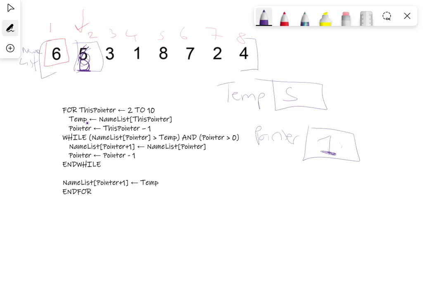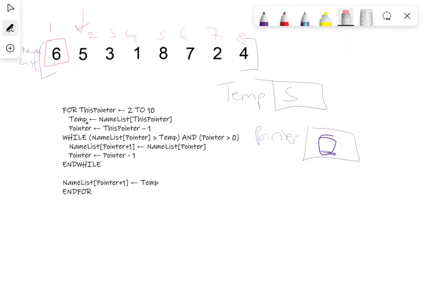Okay, so that's 6. We're then going to decrement pointer by 1. So pointer is now going to be on 0. It then loops again. While name this pointer, which is 0. Well, we can't do that, there's no 0, and pointer is greater than, well, it's not greater than 0. As it's not greater than 0, we're going to end this while loop. So we've got so far,